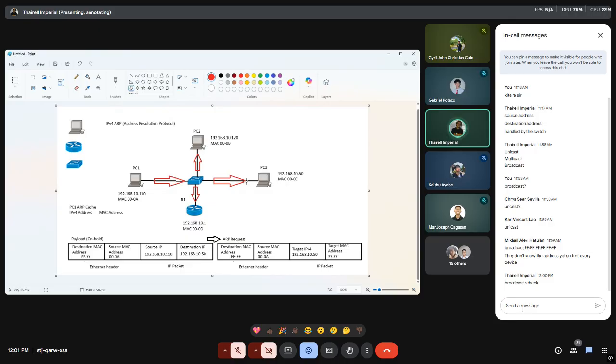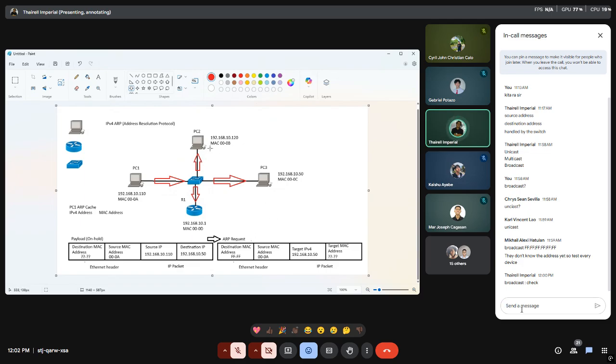So what happens next is that PC number 2 receives the data packet, processes this information, de-encapsulates the data packet, and compares. So that's basically processing there the Ethernet header, checks the Ethernet header, checks the contents of the IP packet, de-encapsulates it, processes that packet, and PC number 2 compares